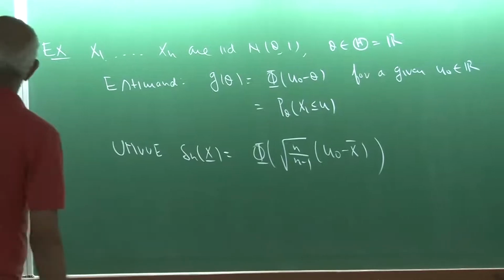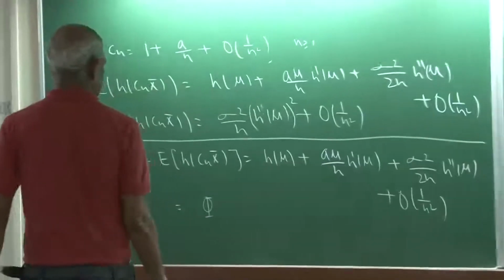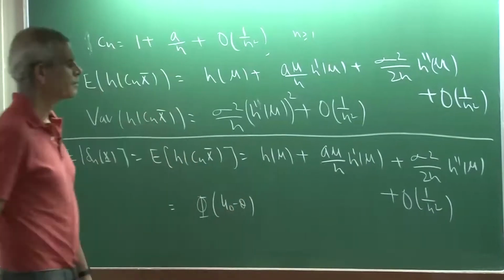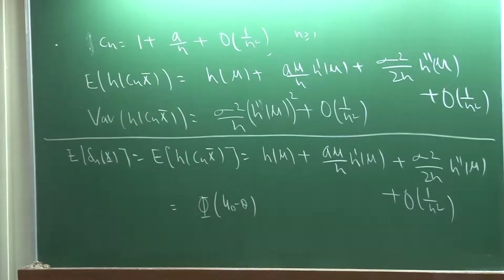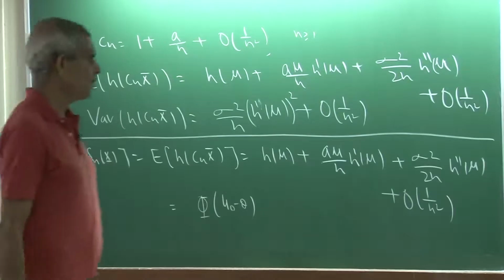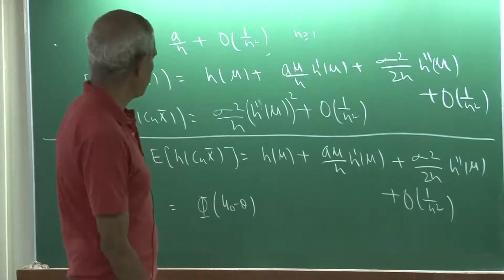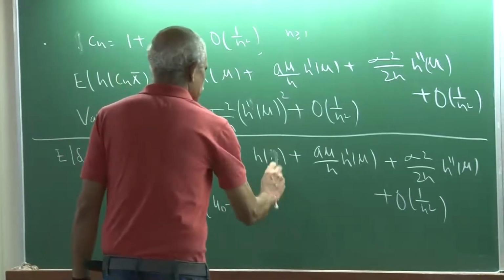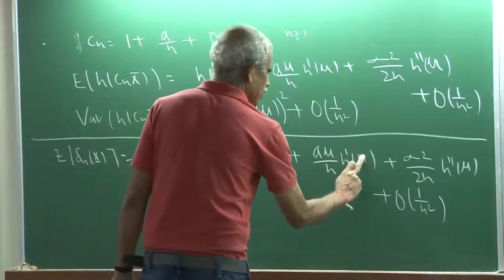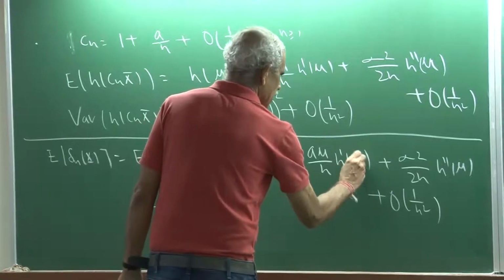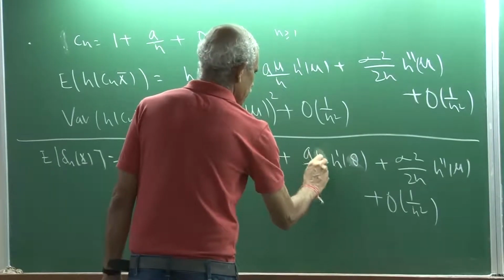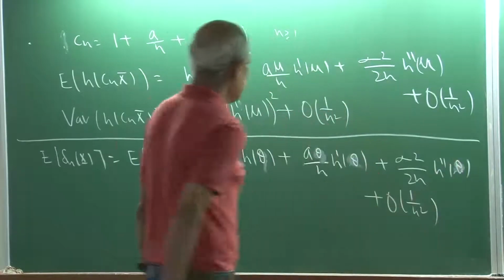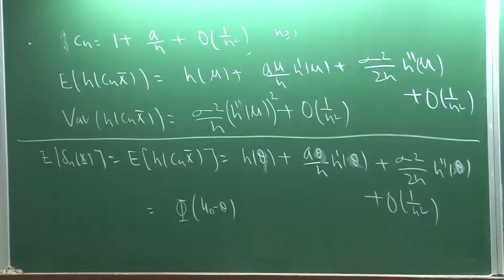So this is nothing but phi of u naught minus theta. That gives me h of mu; basically it would be h of theta. Everywhere mu is basically theta because x1, x2, xn are IID with mean theta. All right, phi of u naught minus theta plus